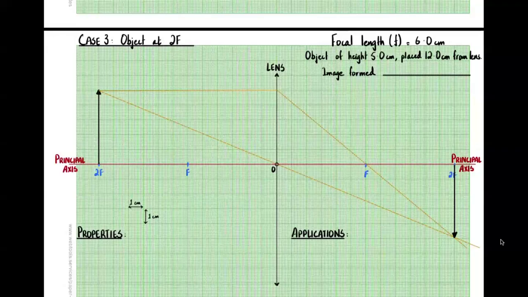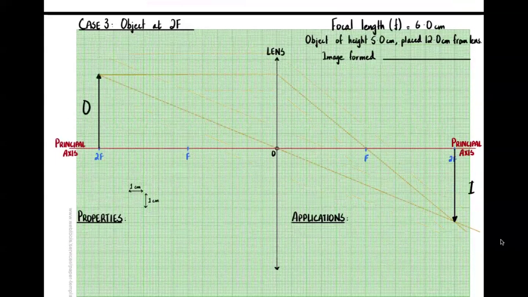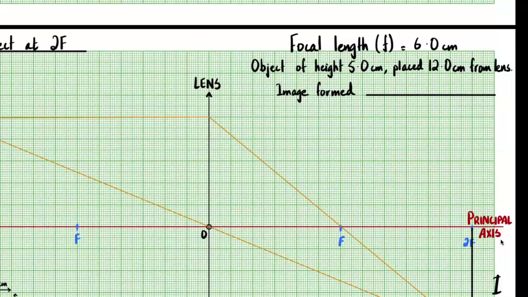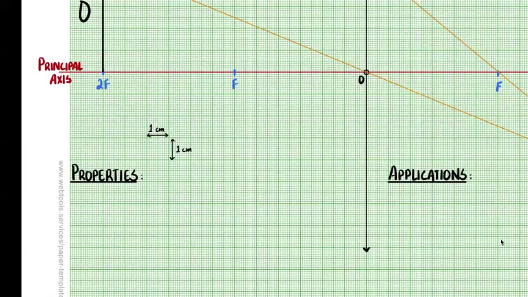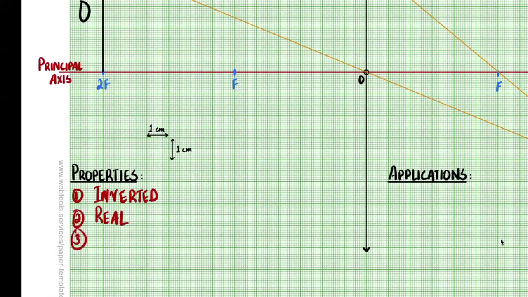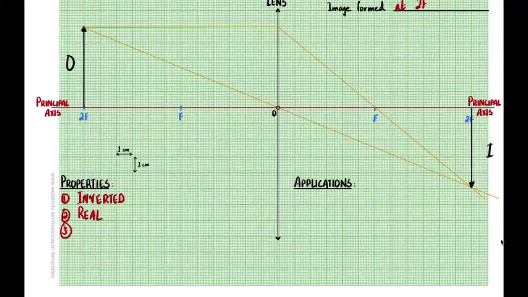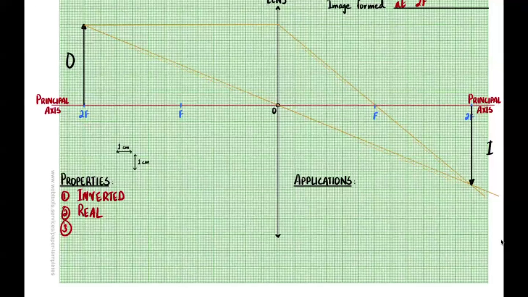And when you look at all the cases, once again, you'll see exactly how this works. This was the object, this is our image. All right. Again, image formed. So when the object was at 2F, the image is also formed at 2F. Properties. So first of all, now it's becoming a habit. This is an inverted image. This is also a real image. And because the distances are the same, by similarity, we know that their heights would also be the same,